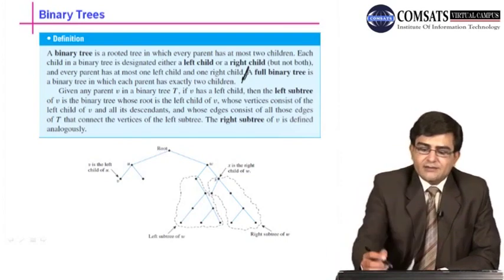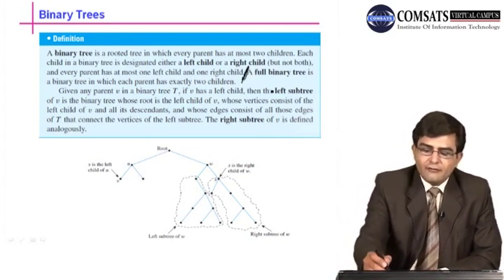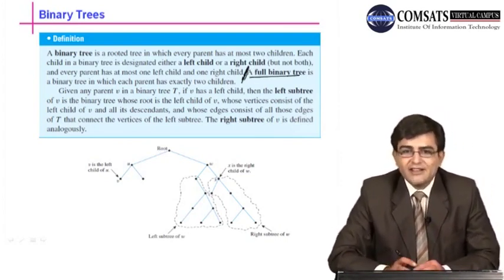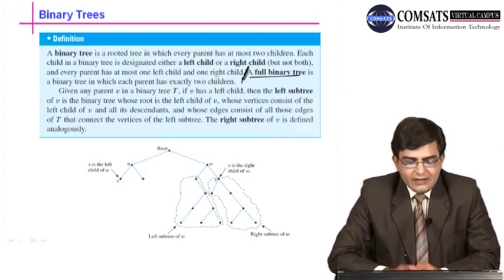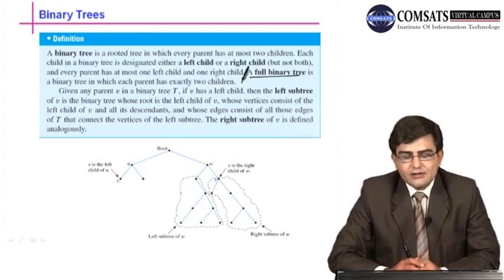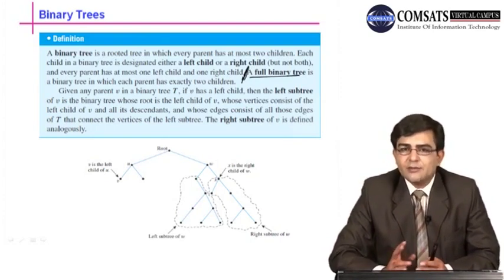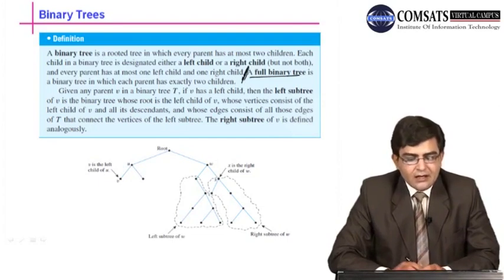But after this part of the definition, a full binary tree is a tree in which each parent has exactly 2 children. Exactly 2 children means